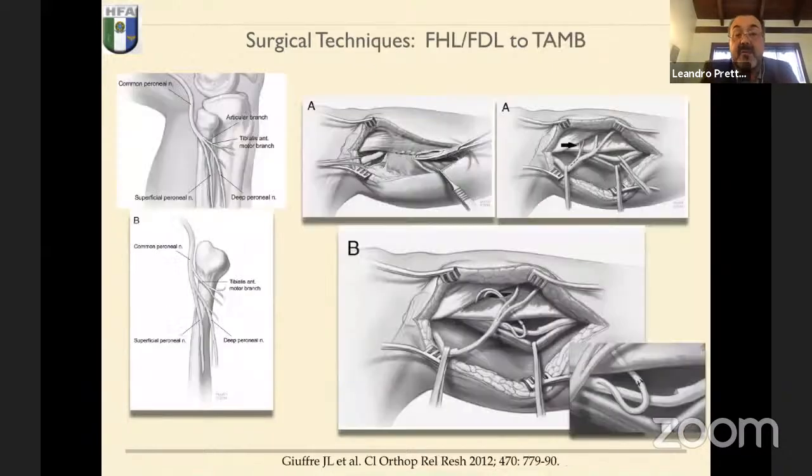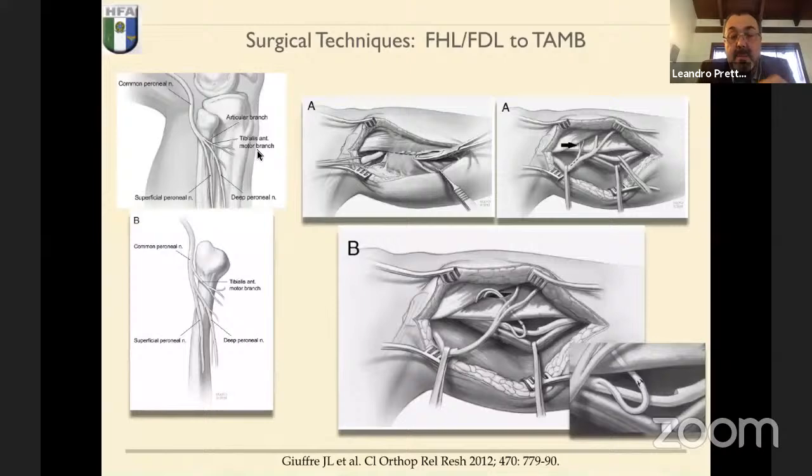The other very frequently described and very often used technique is that described by the Mayo group, especially by Juve, in which the target is not the deep peroneal nerve, but the tibialis anterior motor branch. It's a much more super-selective transfer, in which the tibialis anterior motor branch is the target. One important thing that we must talk about